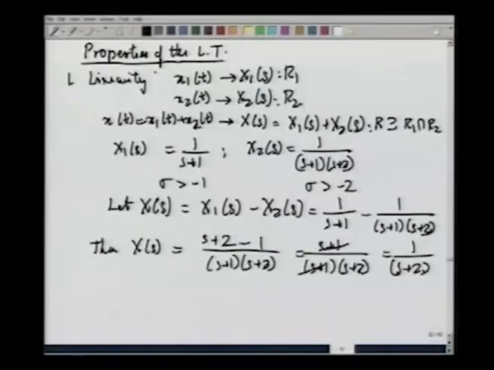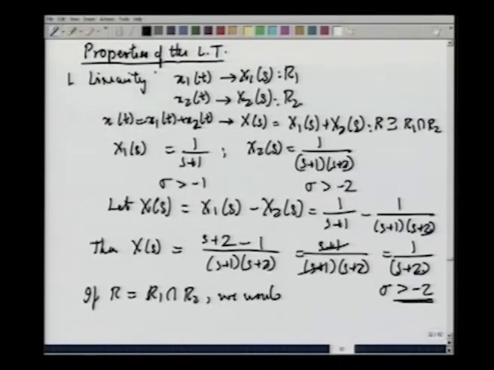Hence, we can see from this that the ROC of this must be sigma greater than minus 2. This surprises us because if R had been equal to R1 intersection R2, we would have got